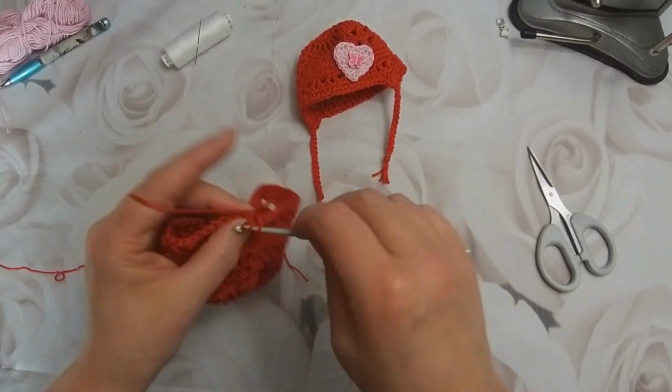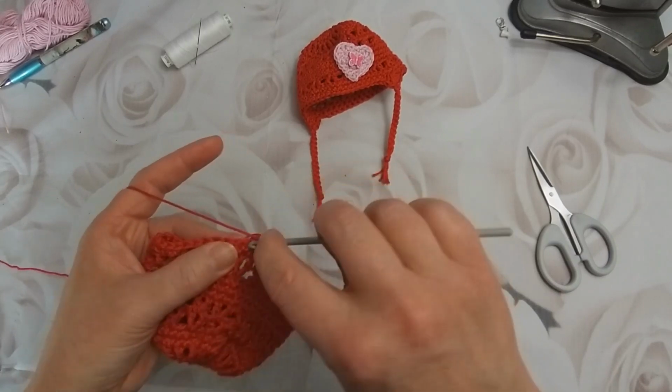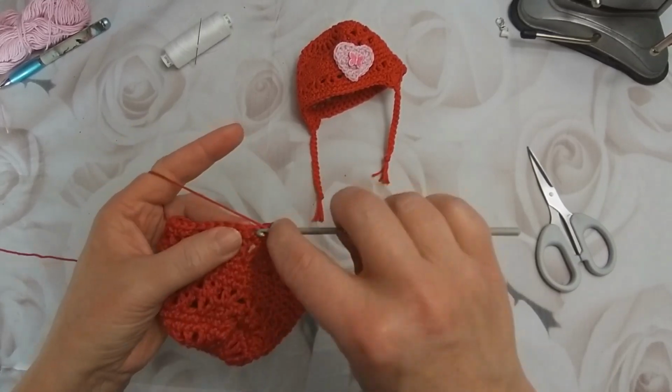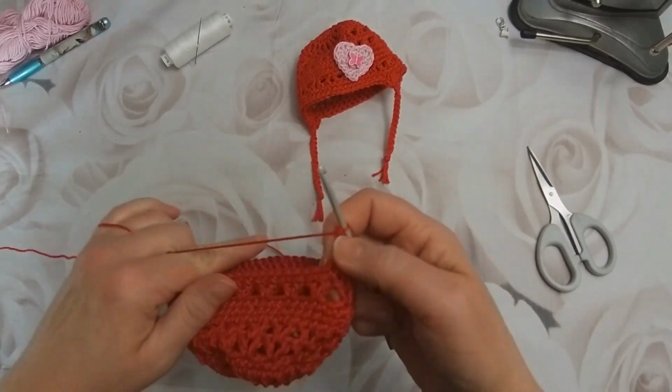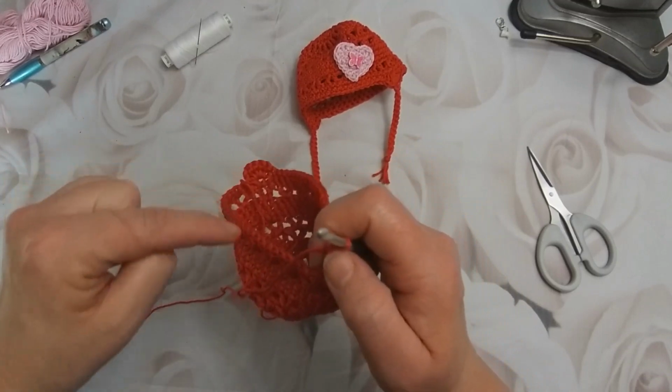So this is just 3 trebles. 3 trebles, it's 5 trebles, isn't it? That's 3. That is 3 I've just done. That's 4 and that's 5. Now I just want to double crochet to the beginning of this one, and the wider bit I would put